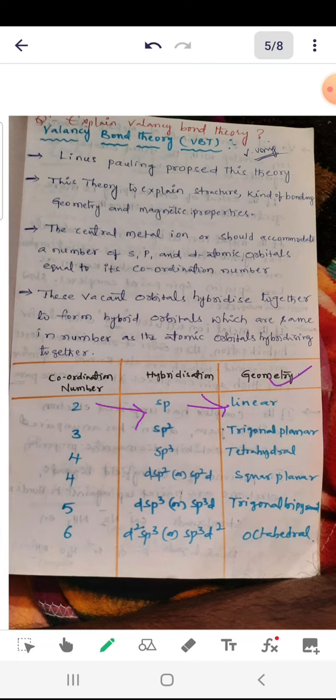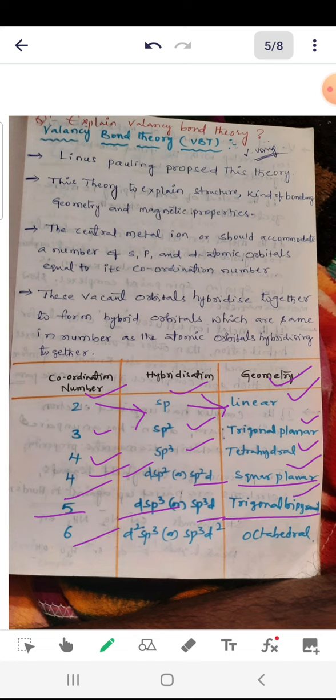For example, coordination number 2 is sp, linear shape; 3 is sp2, trigonal planar. Coordination number 4 is sp3, tetrahedral. In the case of 4, two types of hybridization, dsp2 and sp2d, give the square planar shape. Coordination number 5, dsp3 or sp3d, trigonal bipyramidal shape. Coordination number 6, d2sp3 or sp3d2, octahedral. Based on the